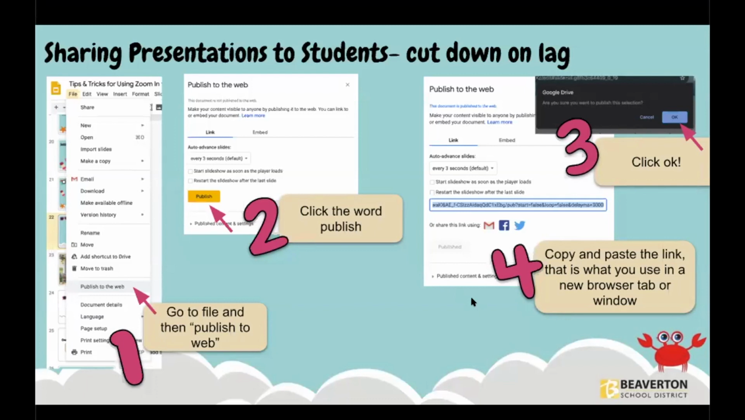So what I have to do is I go into my slide deck, I go to File, I go to Publish to Web, then I leave it on the link section and I go ahead and click the Publish yellow button. And then it drops up this stupid box. I don't know why it tells us, are you sure you want to do this? And you say, yes, okay, I do. And then it gives you this link right here. You copy and paste that, and then that's what I use. And in fact,